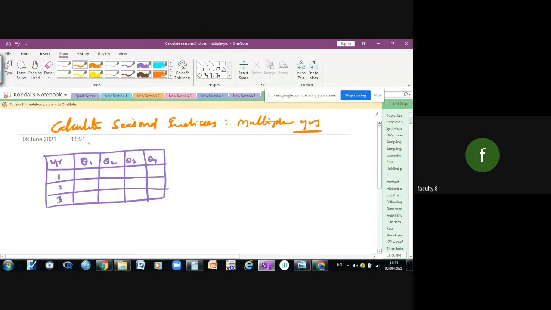The best example to take is Mahindra Tech sales from 2018 to 2020. Then you calculate the seasonal indices for the 3 years. For example, whatever was told in the last example, for the first year you can take 80, 90, 130, and 190. These are related to 2018 data. These are 2019 data. So can you tell me the data? Randomly you can tell me, or else I will give you.